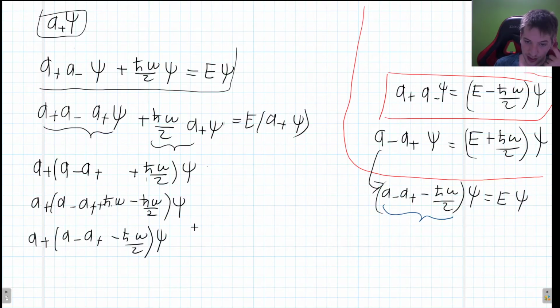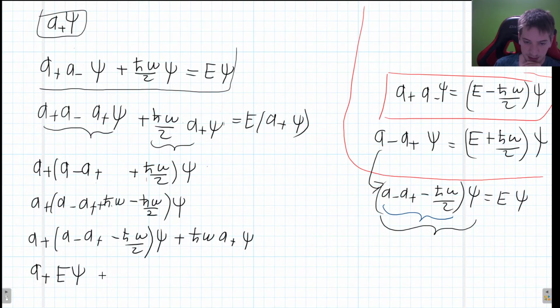And this term right here will now be outside, so we get h bar omega times A plus psi. But this right here, as we see, is just E times psi, right? This is just what is here. It's precisely the same. So we get A plus times the energy times psi plus h bar omega A plus psi,